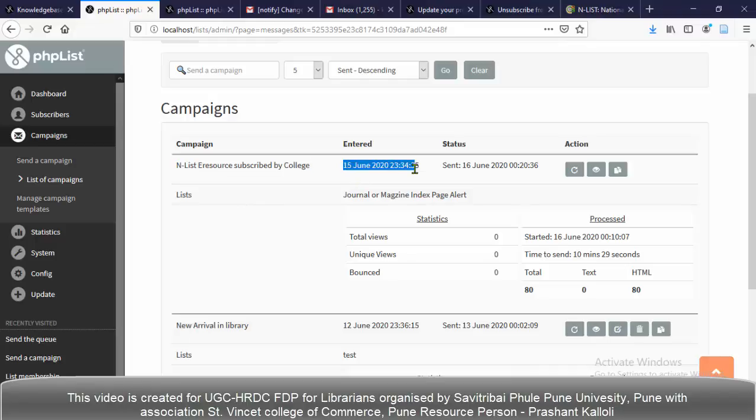And the date is here, when it started, when it ended, and total views, the statistics. It's night 12:23 a.m. So now we'll see the emails opened. Total views are 0, unique views 0, bounced, not bounced there.